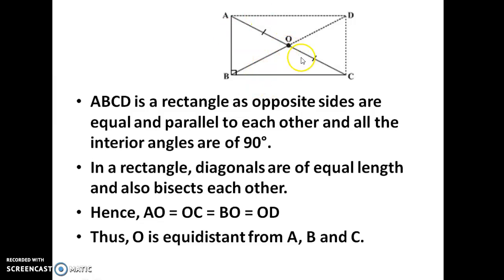Now taking this O as one point on a right triangle, we can see that just now we said this line is equal to this line and it is also equal to this line and this line. So OA, OB, OC all are equal. That means O is at equal distance from all the points A, B, C. That is why it is called equidistant from ABC. That's the proof required and we have shown here.